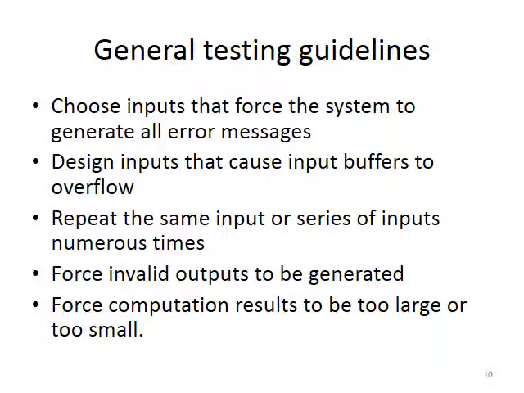Design inputs that cause the input buffers to overflow. Sometimes if you are taking the factorial of a number, or even a Fibonacci series, and you cross some value, say for example factorial of 5, 6, 7, it works properly. But when you increase the number, suppose you have declared factorial as a simple integer, then if you are crossing factorial of 10, 11, 12, at that time buffers will start overflowing. You need to check what actually happens.